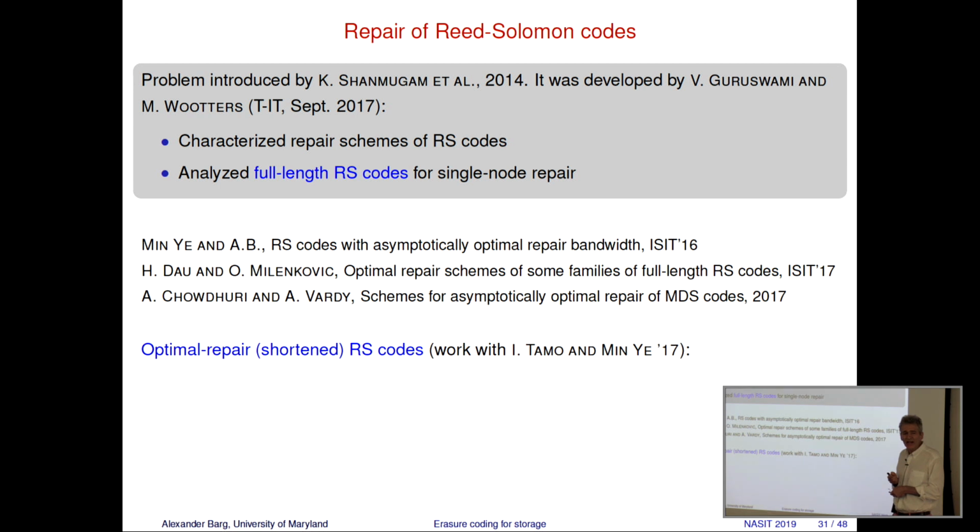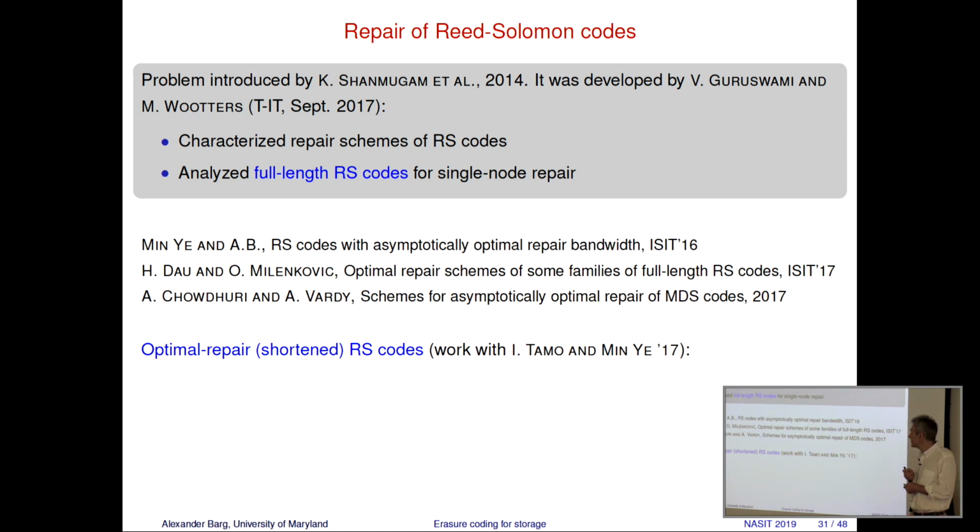The work that I would like to advertise, in slightly more detail, is a work with Zach and Min, and that is, it is possible to optimally repair Reed-Solomon codes, so to correct erasure while meeting the cut-set bound. There are some qualifications to that result, but at least it is possible to do optimal repair of RS codes. On the next page, I will discuss the Guruswami-Wooters scheme, general repair.